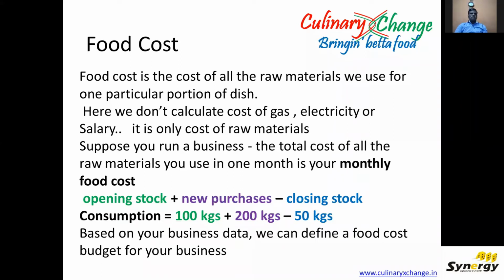Here I give a small understanding of consumption. Suppose we have, by 1st of April, 100 bags of rice, and during the whole month of April, we buy around 200 bags of rice, and at the end of the month, on the evening of 30th April, we see a closing stock of 50 bags. Then our consumption is 250 kilos. This means the business has consumed 250 kilos of rice during the month of April